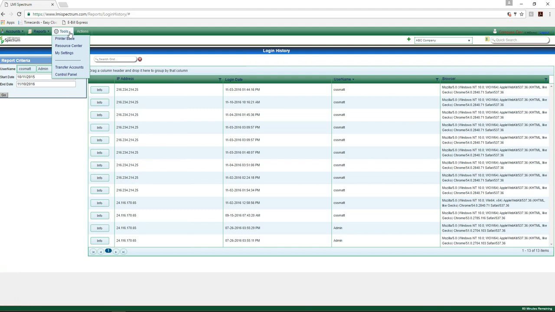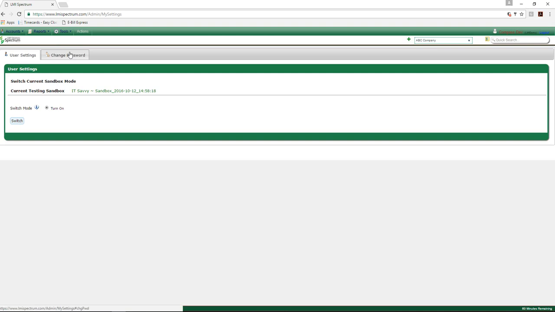When your administrator is setting up pricing in the administration area, there's an option to set up a sandbox. It's a testing area, so it doesn't go live to the database until all the pricing has been tested. You can switch the sandbox on and off here